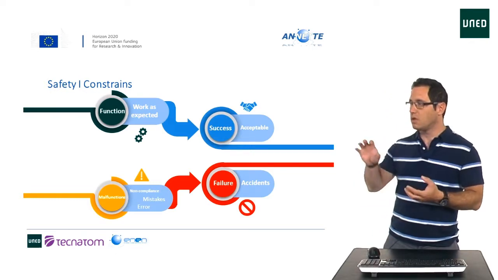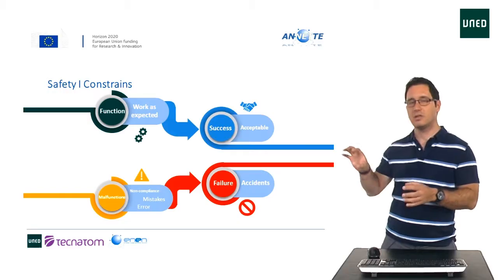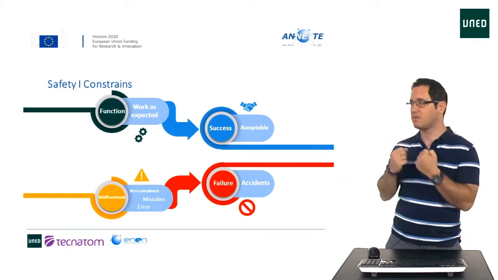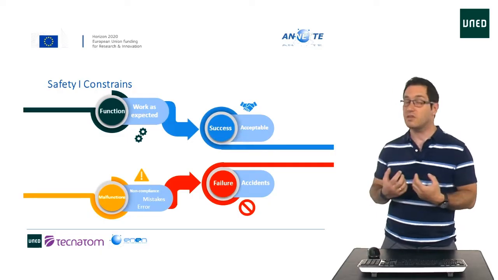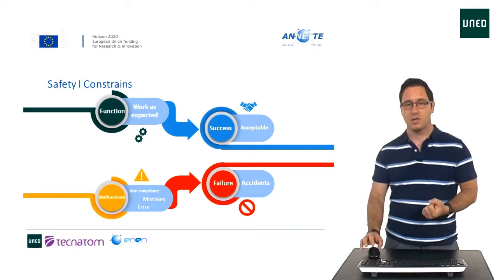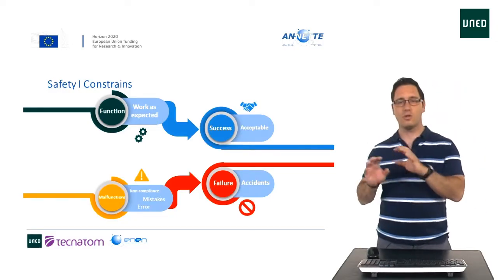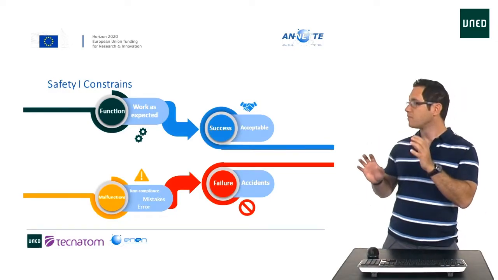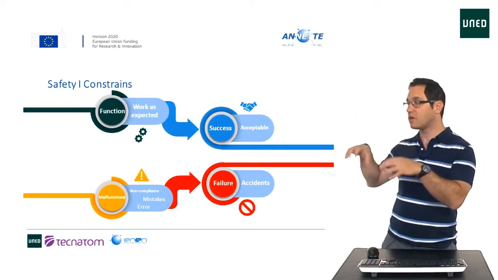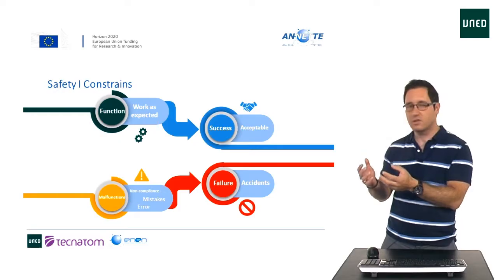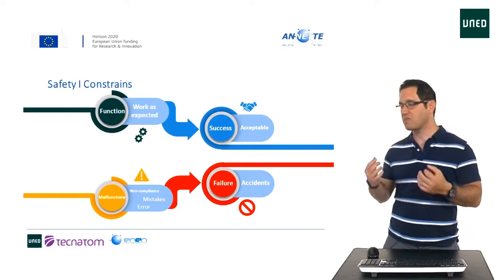Because all this, in the end, makes people defensive against safety. They are not going to be cooperative. In order to change all those negative terms, consequences or actions, we have set a lot of